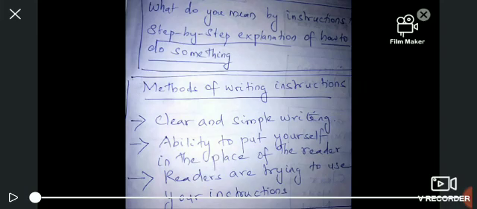Instructions we can easily write because it's only a step by step explanation, and you are going to write 8 sentences, and probably you are going to use imperative sentences here. Imperative sentences most probably start with the action verbs, or with the do's and don'ts. So we know clearly, like do that, do this, don't do that. Likewise, if you write something like that, then it is coming under imperative sentences, and that kind of sentences we are going to use for instructions. And I said it's a step by step explanation.